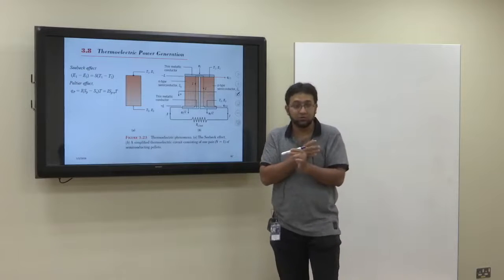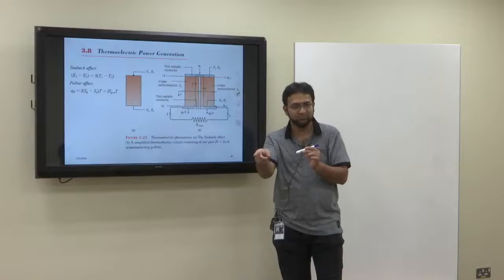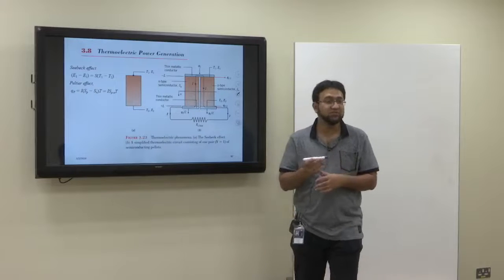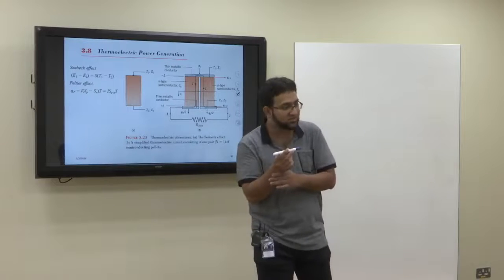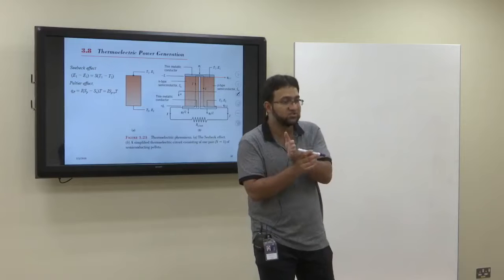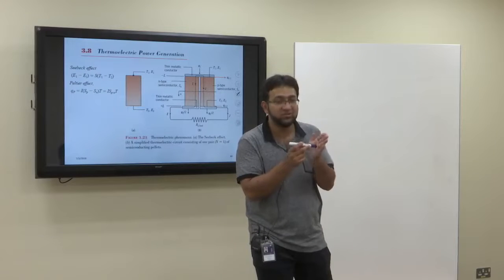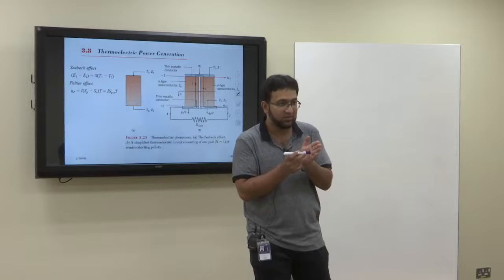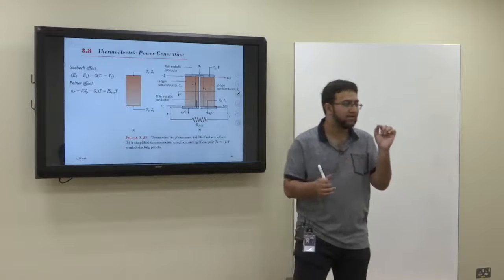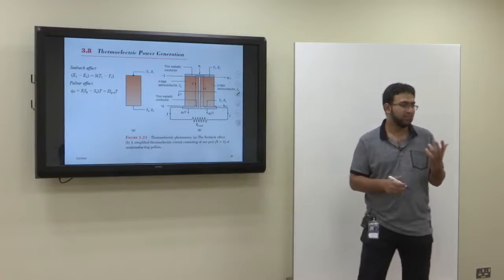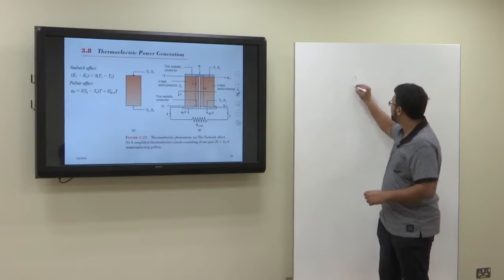Okay, because of the difference in temperature, there is a possibility that the potential difference is generated. Electrical potential difference is generated as well. This effect is known as Seebeck effect. Okay, Seebeck